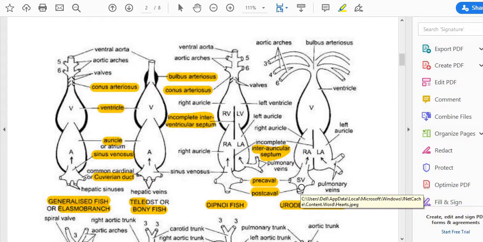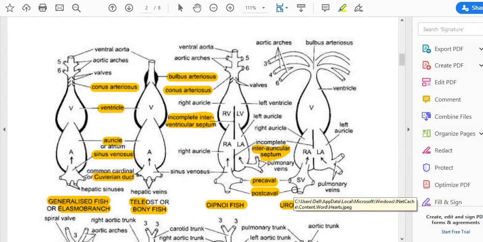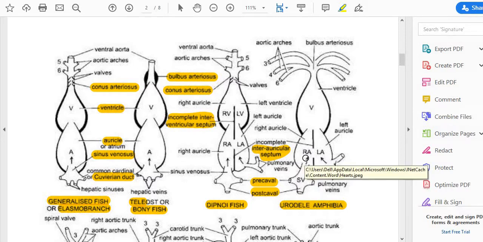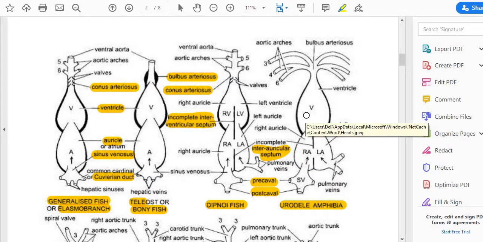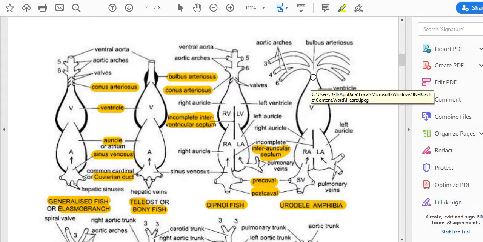So the sinus venosus collects the blood, that is deoxygenated blood, from the precaval and postcaval veins. From the precaval and postcaval veins, the blood pours inside the sinus venosus. From the sinus venosus it enters into the right auricle. Here also we find the sinoatrial aperture, just like in the previous hearts. From the right auricle the blood is poured into the ventricle, and from the ventricle the blood flows into the bulbus arteriosus, and through the aortic arches it